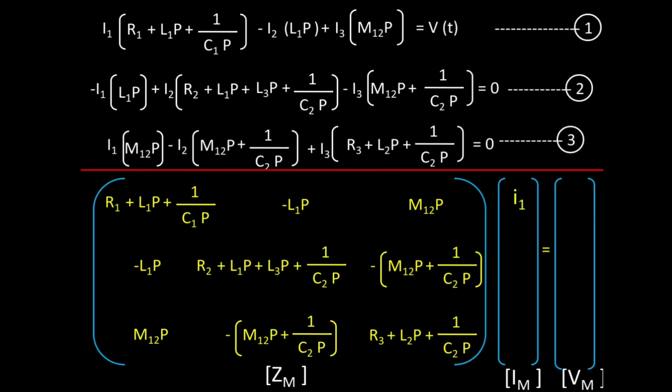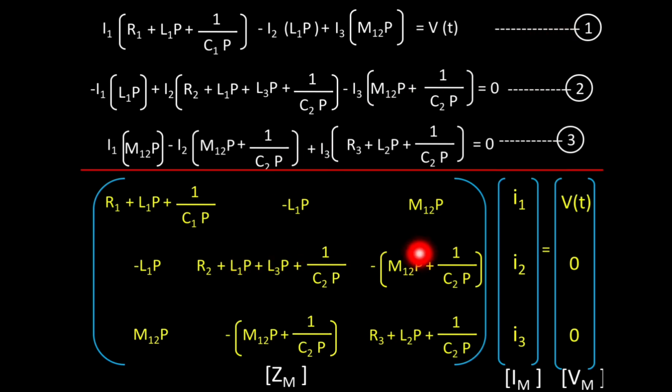So the unknown currents we will put as I1, I2 and I3, and in the third matrix, the voltage matrix, we will put the voltage values after the equal to sign. For filling up the first entry we will use equation number 1. After equal to there is V of t, so we will put V of t. For the second entry we will use equation number 2. After equal to sign we are having 0, so we will put 0, and for the third entry we will use equation number 3. Again we are having 0, so again we will put 0. So we got the matrix by using these three equations.